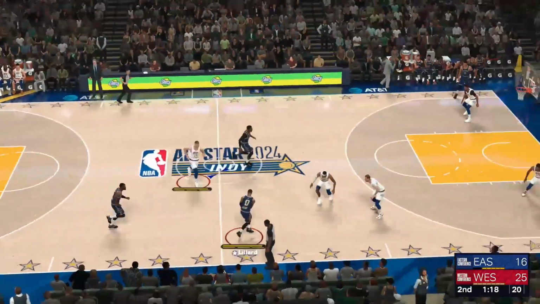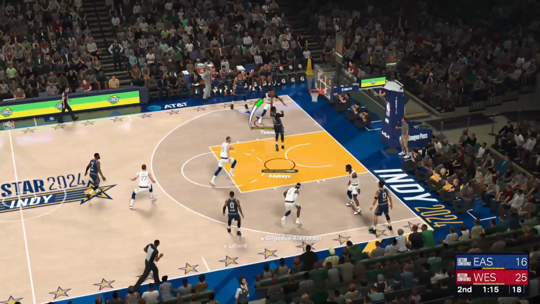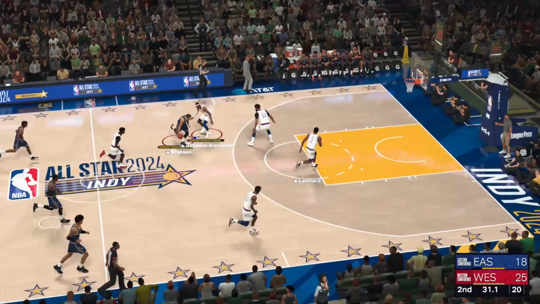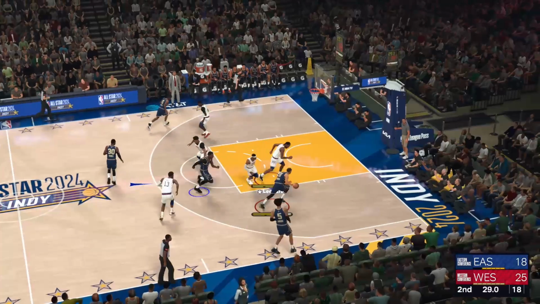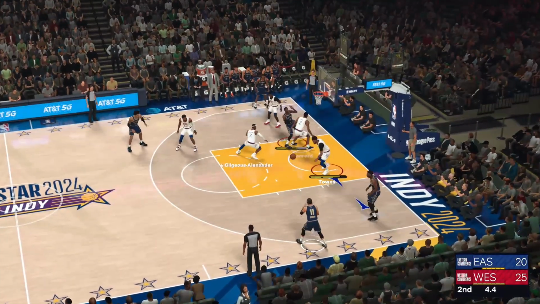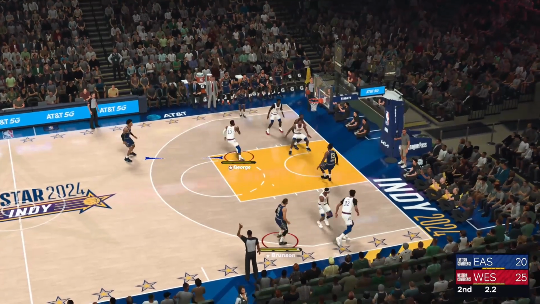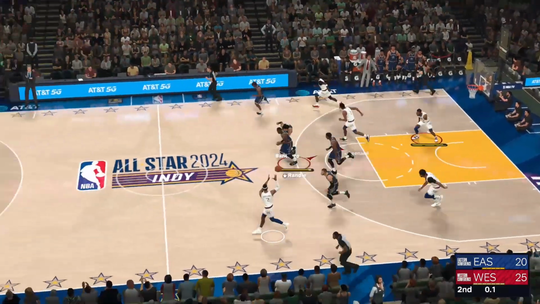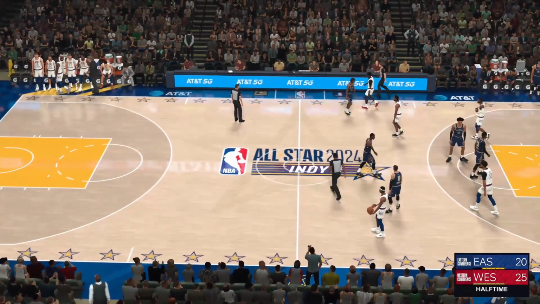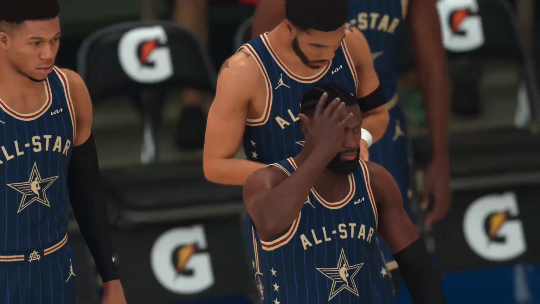Good work there. The East trail by 9. Inside, Adebayo. The lead pass was put in with some nice D. Here's Brunson, and he uses the glass on the wing. To the wing right side. Brunson with another miss. And some good action in the first 2 quarters as we reach halftime. West All-Stars lead by 5.